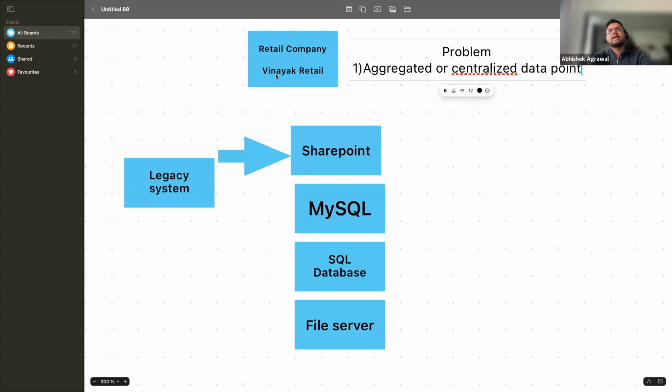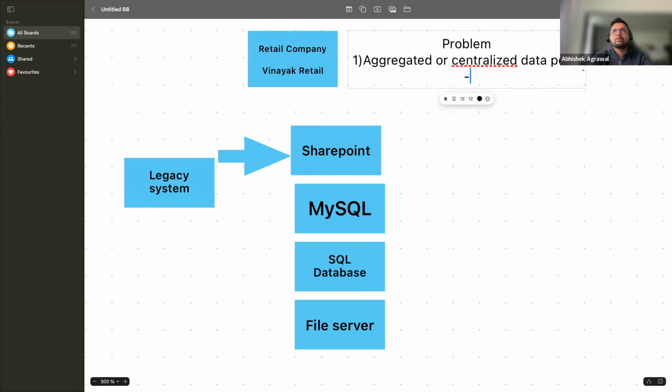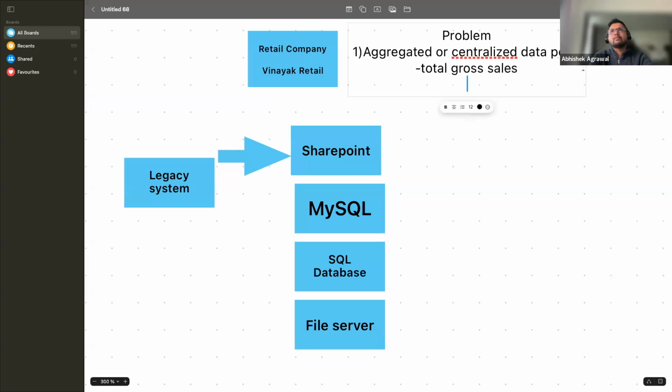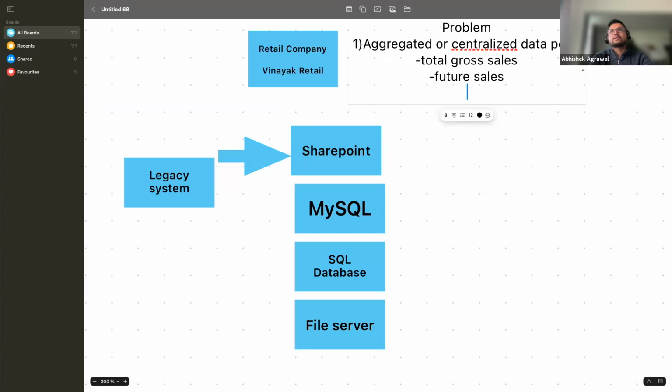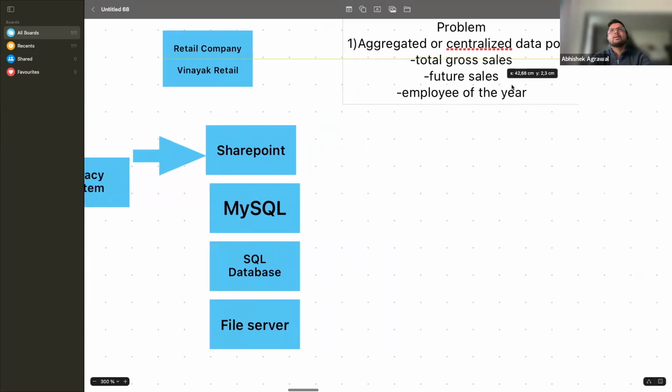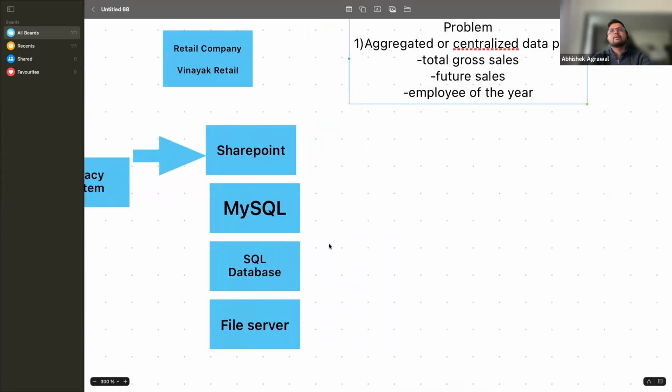So suppose Vinayak, the owner of this company, wants to understand total sales or total EBITDA or total gross sales. Suppose I want to understand total gross sales, or I want to understand future sales, and I want to understand employee of the year and product of the year. All of this aggregated sales information, I don't have it. These are the problems. If I want to understand the aggregated sales,